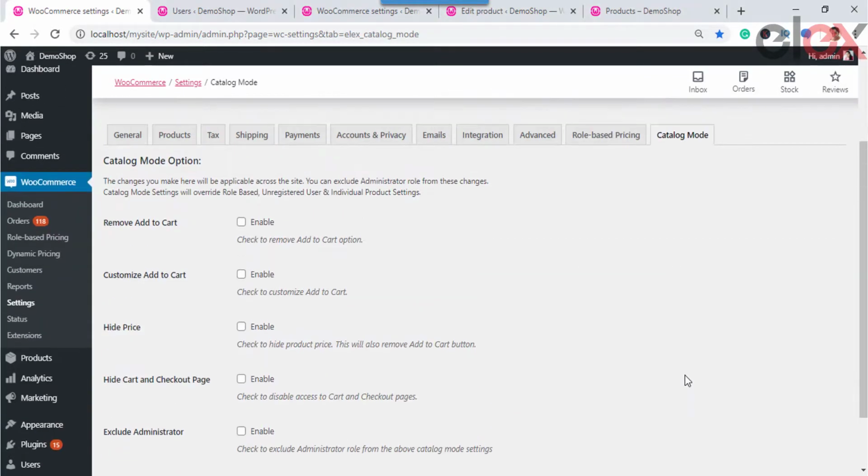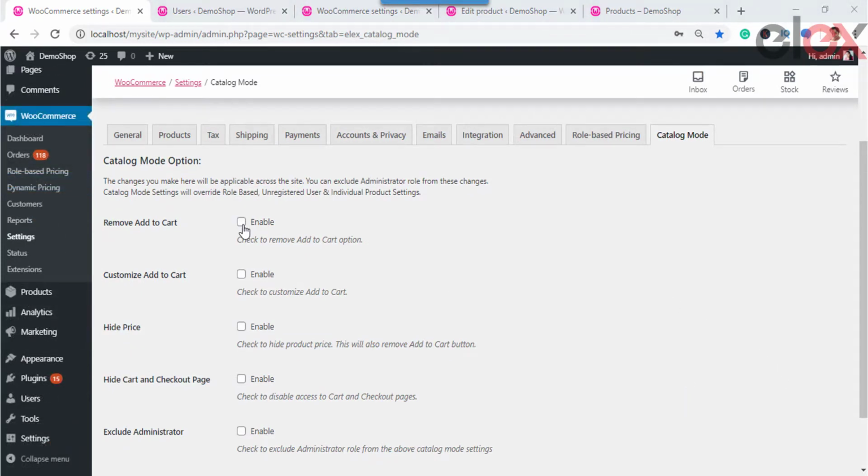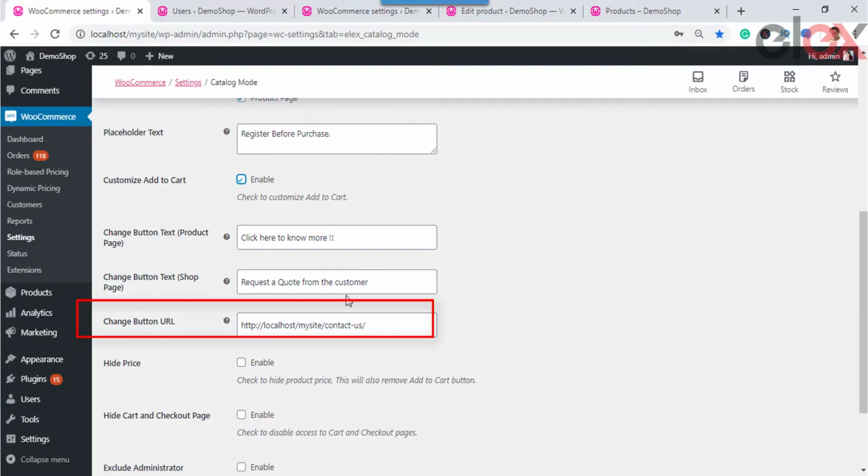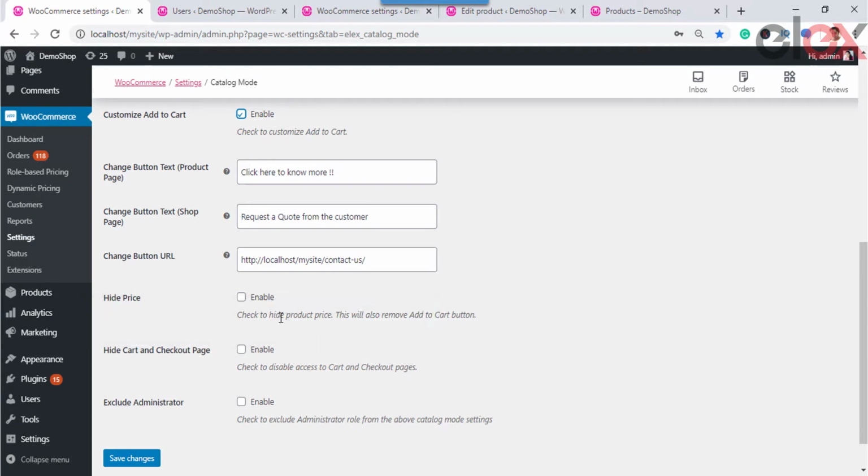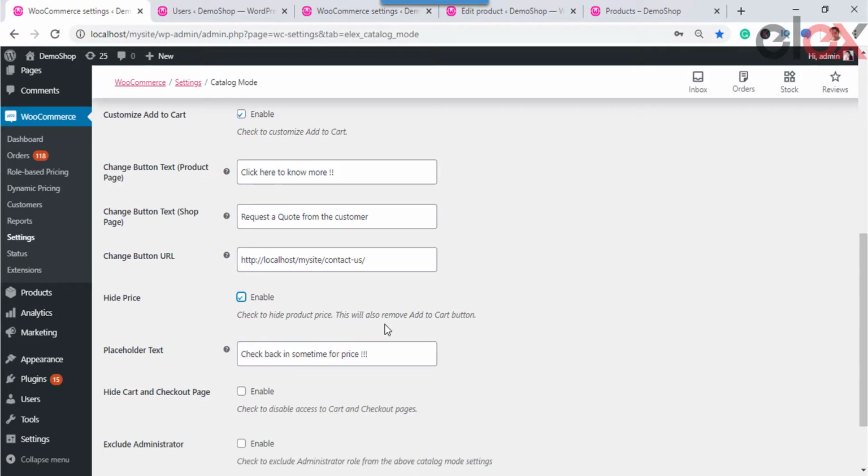Here the wholesaler can choose the respective user roles for which the Add to Cart button must be displayed or change the button URL if you want to redirect to some other page or site. You can also hide the regular price and product price from the user roles according to the requirements. Here also you can add a placeholder text if you want to hide the price and display something for guiding